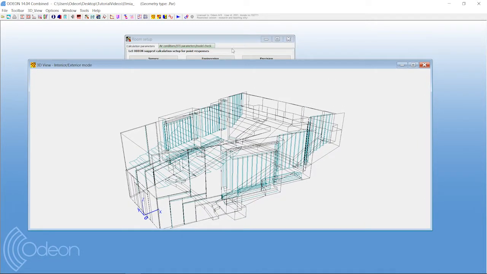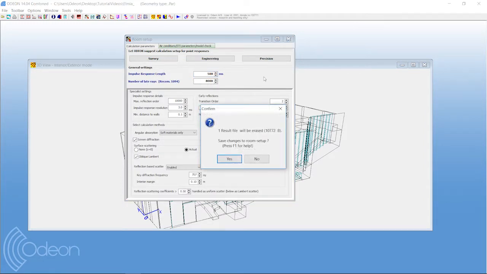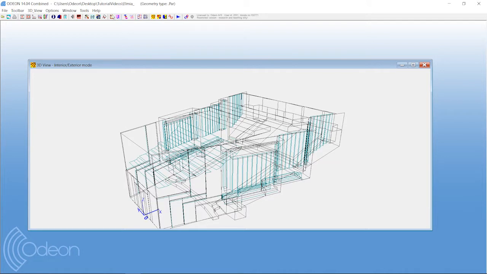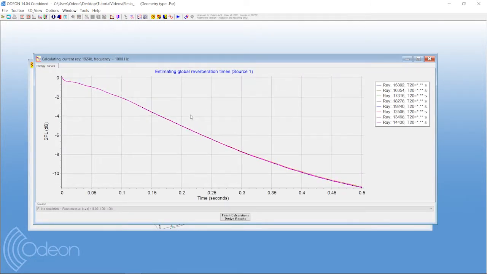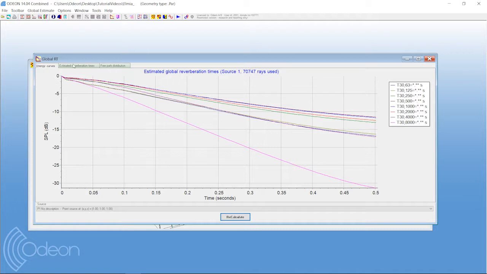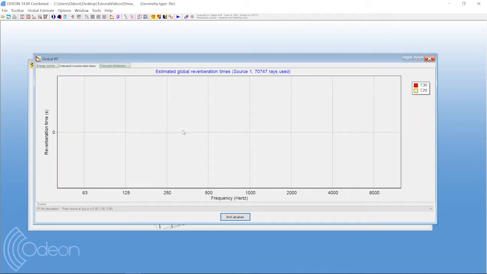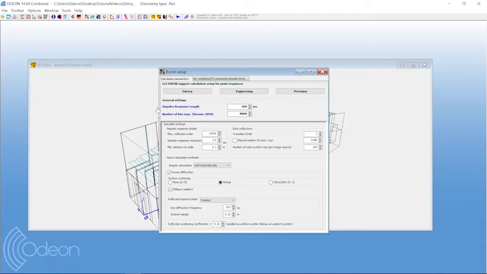A way we can test to see if the impulse response length is too short is to go to the global estimate and let it run for a little while. You can see here we don't get any values out to derive results. If you go to estimated reverberation time, it's all blank because the reverberation time is longer than the impulse response length.